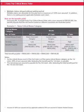Now let's give an example. If a person has got multiple claims, is multiple claims allowed without waiting period? Yes, multiple claims are allowable for this program up to a maximum of 120% sum assured. That means with 100,000 you can claim various amounts up to 120,000 based on different types of diseases. For example, if a person purchases 100,000 of this early pay critical illness rider, in short we call it